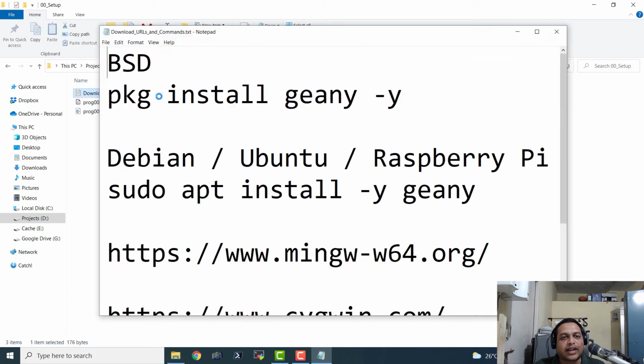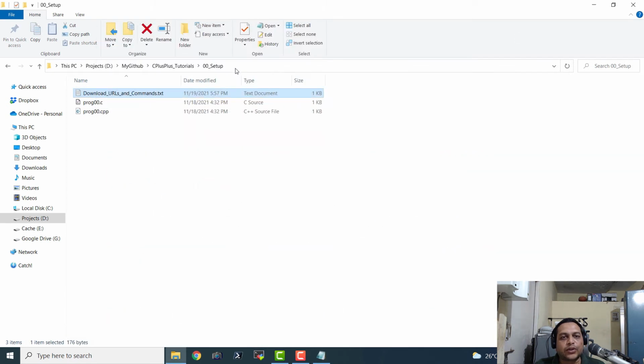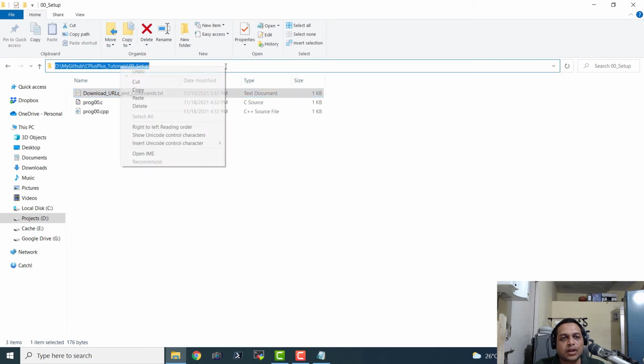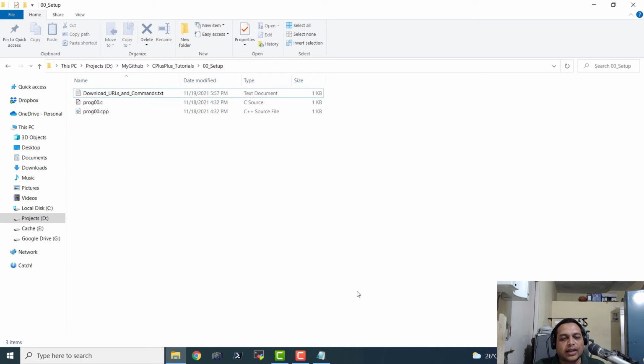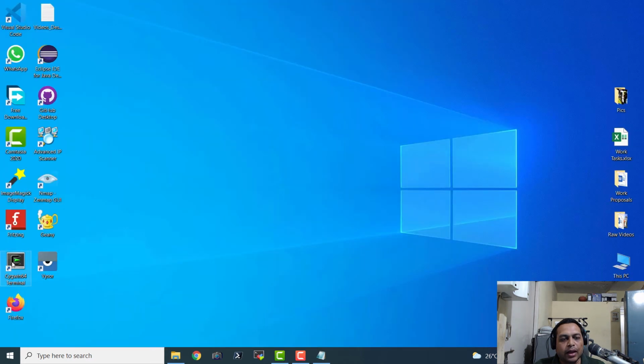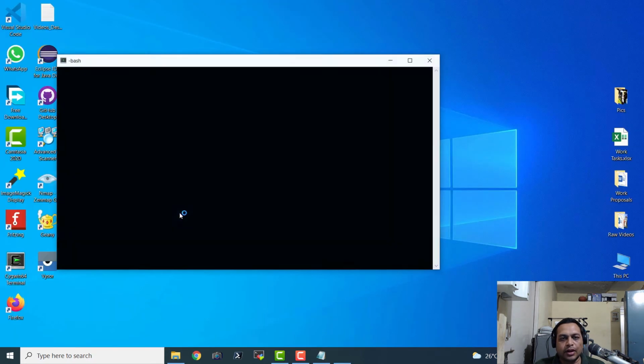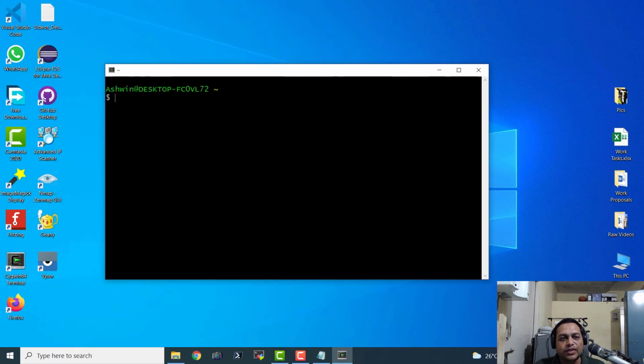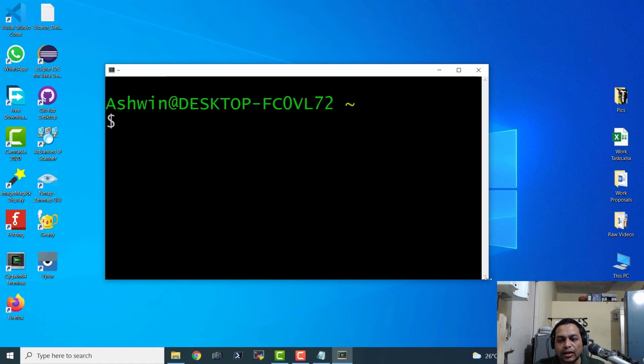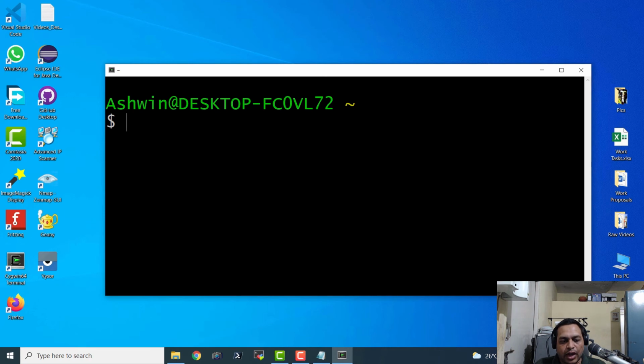So let me reopen that file because we are yet to install a few more programs, and let me copy this. Now I will open that Cygwin 64 utility. So let me double click this, and here we have the command prompt of Cygwin 64. Now let me increase the font size so that you all can see what is being typed by me. And here we can type in the commands